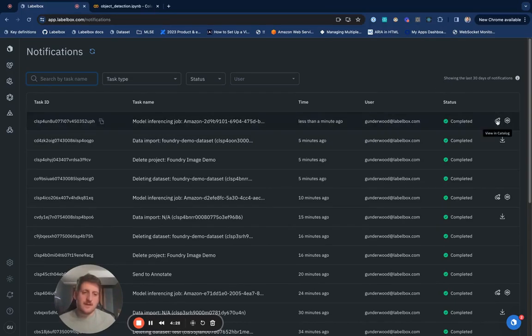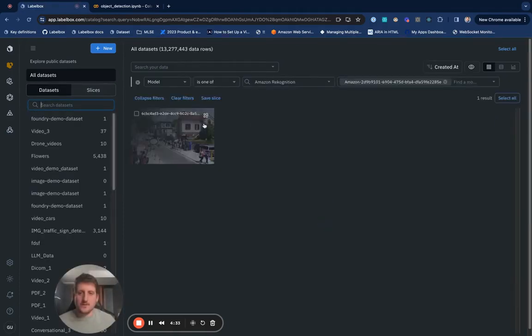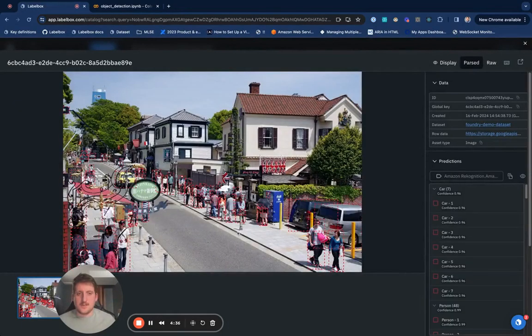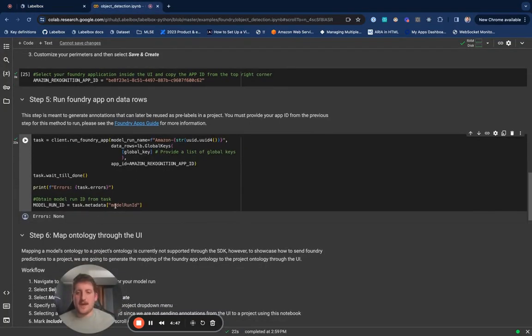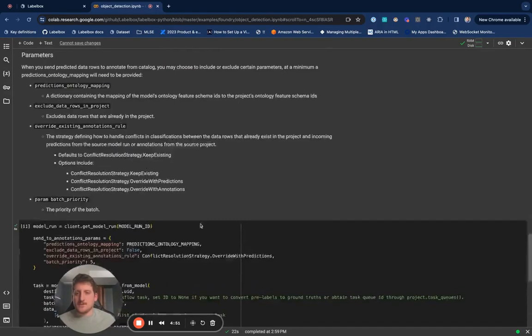So now I can go ahead and view and catalog. So I can actually view which data row that specific run went to. You can see it picked up all these people, the persons, stuff like this. The next step is getting this over to that project I created. You can see when I was running this in the task, I grabbed the actual model run ID. You're going to need to get that ID to actually run it through